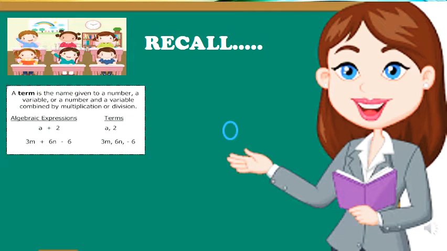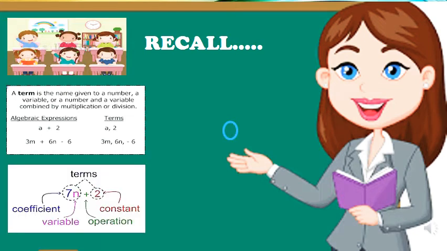So in an expression, do you know how to identify constants and variables and the coefficient of the variable? So recall that also. So here an algebraic expression is given. You can see 7n plus 2. So which is the operation that is connecting the terms? Plus sign. And which are the terms? 7n is a term and 2 is a term. Can you identify what is the coefficient of n? 7 is the coefficient of n. And the variable here is n.